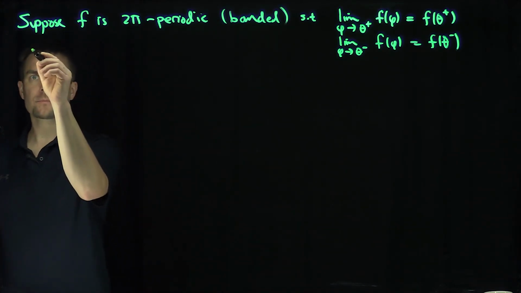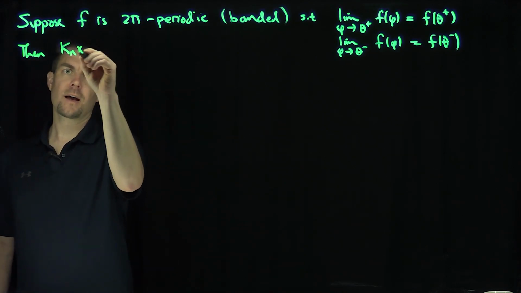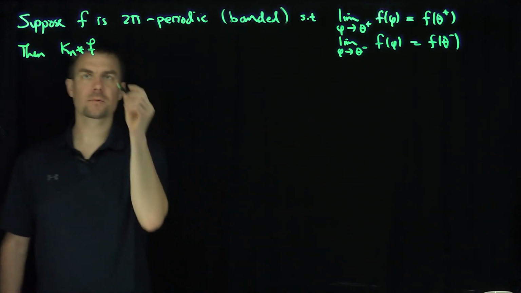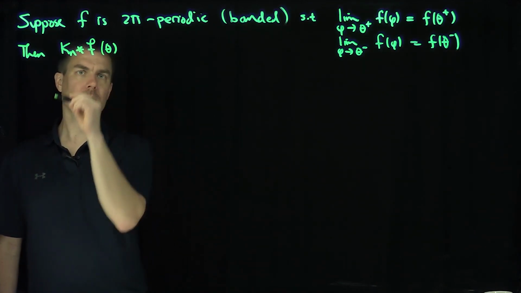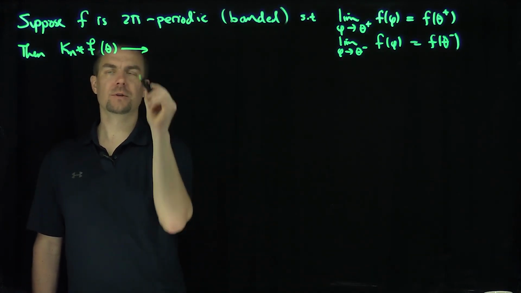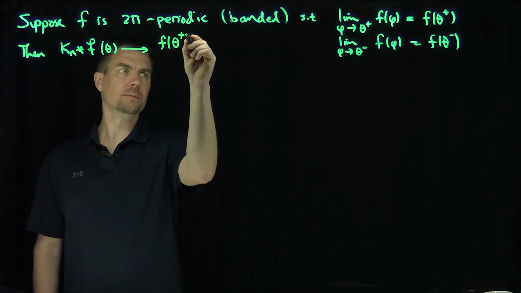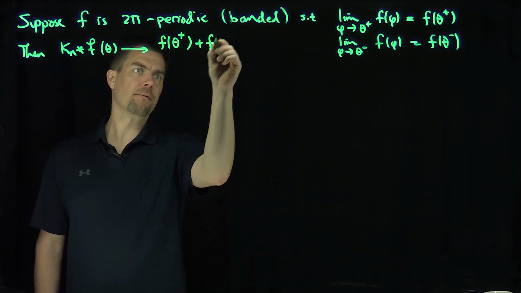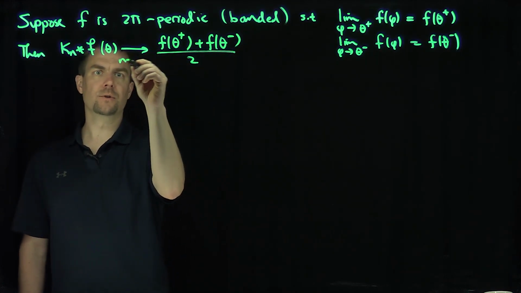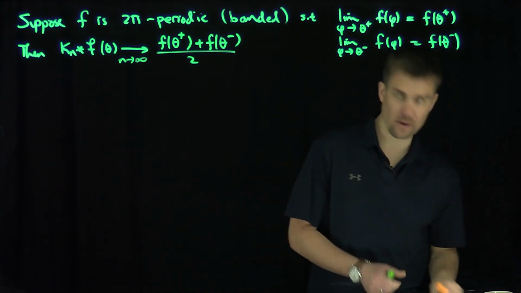We're going to show then that Kn convolution f at this point theta converges to f of theta plus f of theta minus, all divided by 2 as n goes to infinity. Of course, here Kn is the Fejer kernel, right? So Kn is the Fejer kernel,